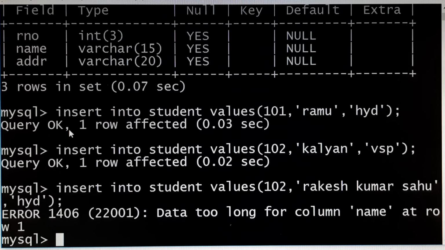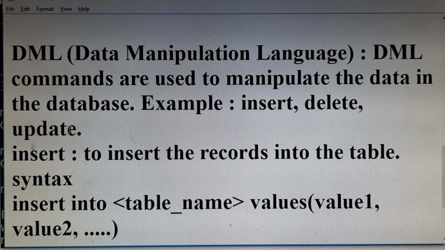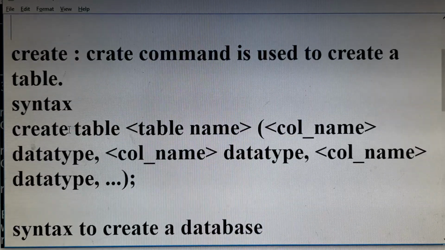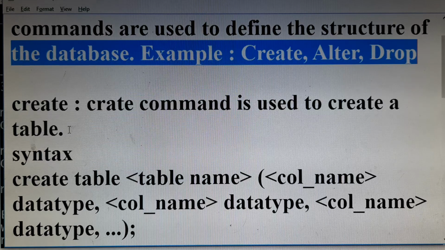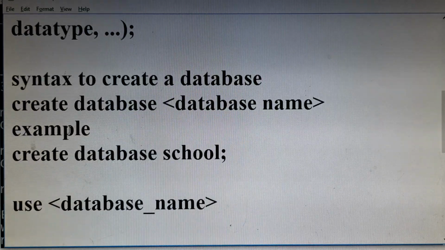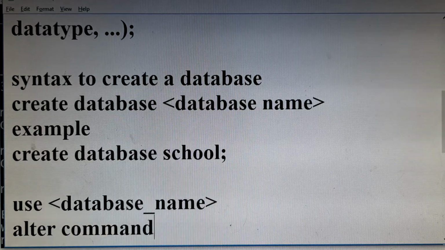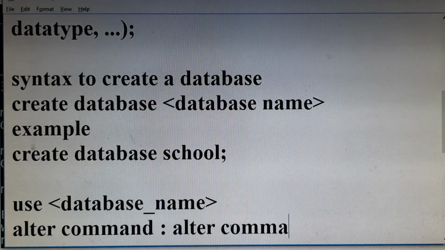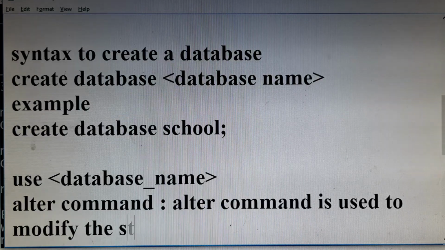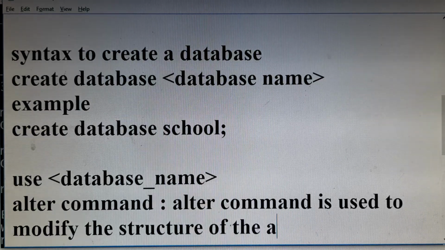So if you want to deal with the structure of the table, then we have to use an alter command. So what is an alter command? Alter is one of the DDL, data definition language commands. Alter command is used to modify the structure of the table.